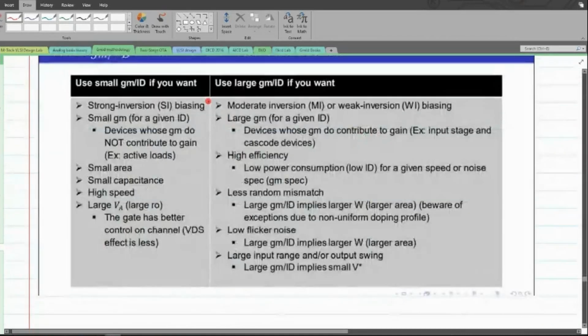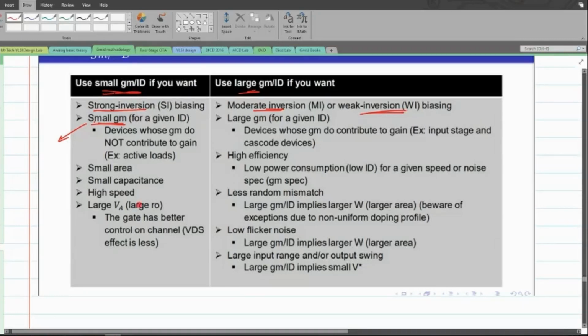Based on what we have learned, if I use a small gm/ID, we know that we will be operated in the stronger inversion. When I use a large gm/ID value, we will be operated in the weaker inversion, and if it is not too large, then we will obviously be in the moderate inversion. Whenever we deal with small gm/ID, we end up having a very small gm, because of which the gain of the system becomes small and the power dissipation will be large, because we have to have a very large current ID so that the ratio becomes small.